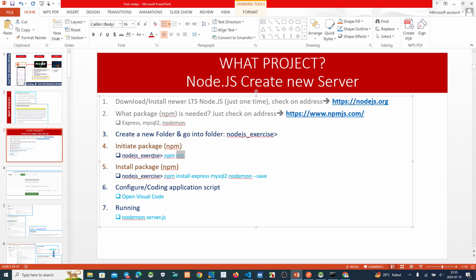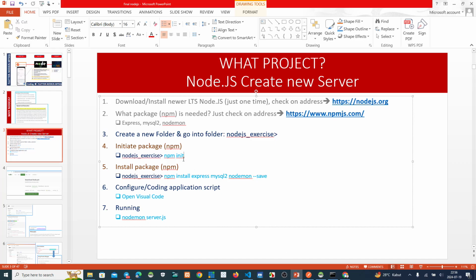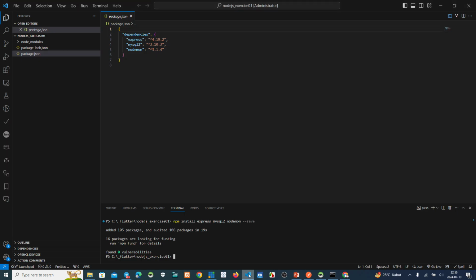You can make this one first, and this one it's okay, no problem. Init. npm init.